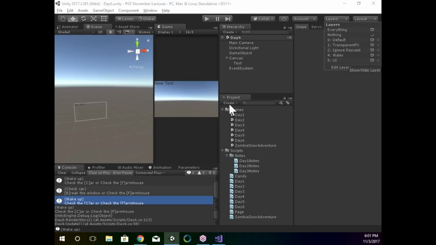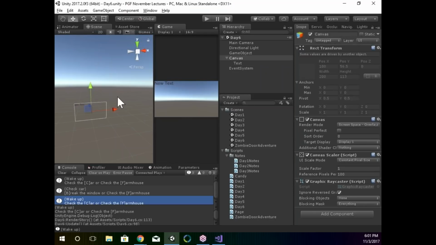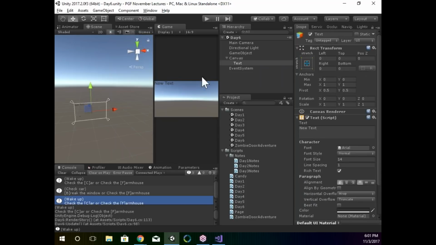So if I turn that off, it comes back, and then I can select it. Okay, cool. So this is fine. It gets my text object on screen, but now I want to actually make that text appear a little better, right? Upper right or upper left corner, not exactly the best as far as reading, so I want to go ahead and do a little bit of manipulation to this particular